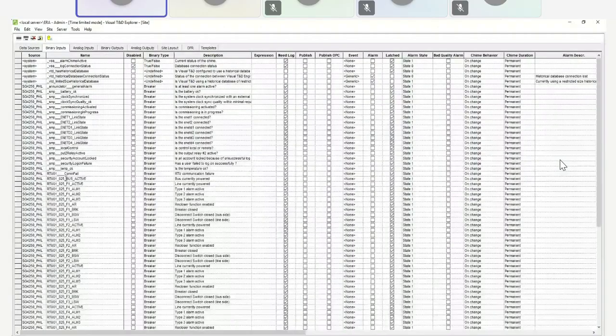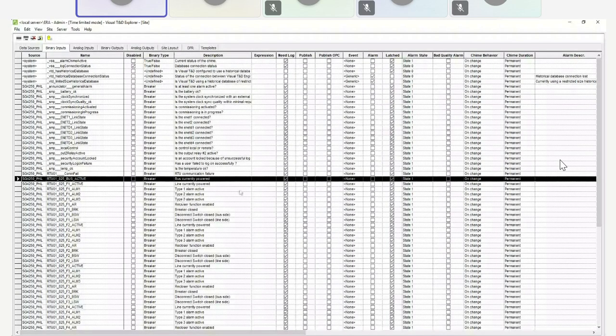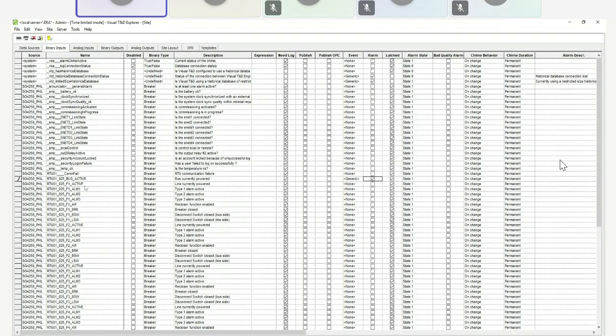I will just use this one. I will configure this as alarm. Let's say bus. I will just take that one, bus active and F1 as alarm.